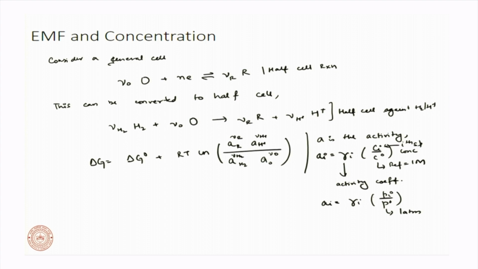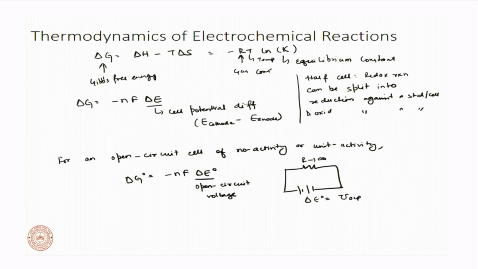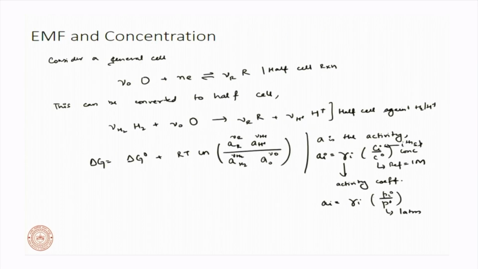So, we said in the last slide that for a unit activity, delta G naught is equal to minus nF delta E naught. If your activity is unity, that is equal to 1, then natural log of 1 is 0 and delta G will be equal to delta G naught. So, that makes sense, what unit activity means. All right. Now, let us substitute